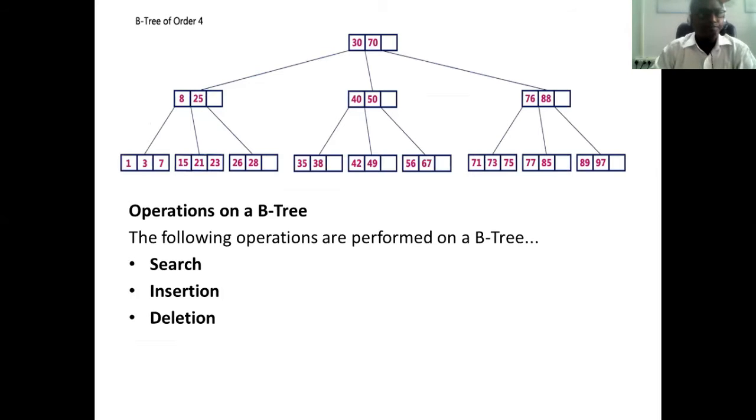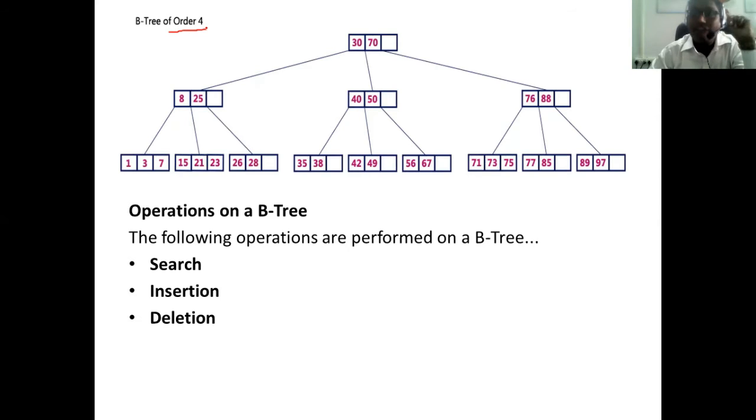Here is a simple example of a B tree of order 4, which we can see on the screen. One tree is drawn over here. Here, the order of the tree is 4. It means that every node of a B tree contains m minus 1 key values. So every node contains 3 values. If the order of the tree is 4, it will contain 3 values at max.